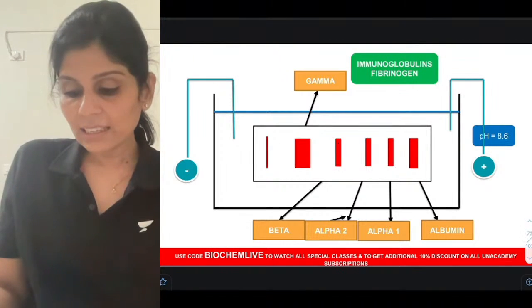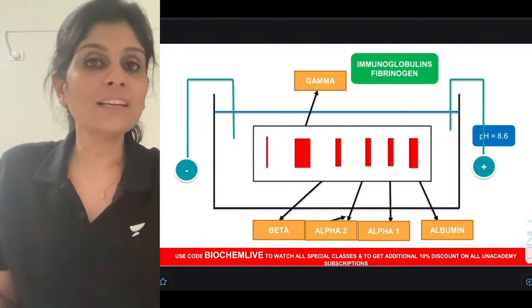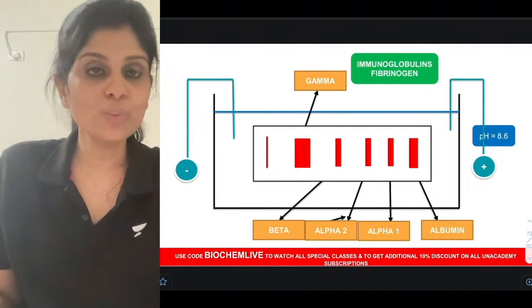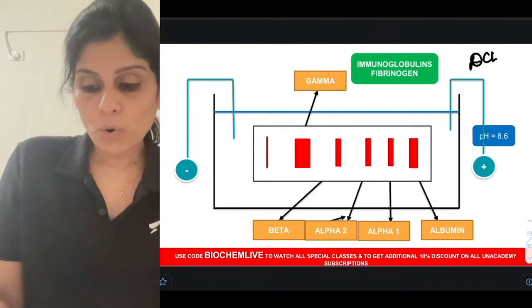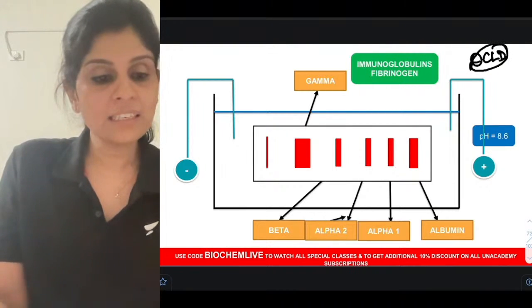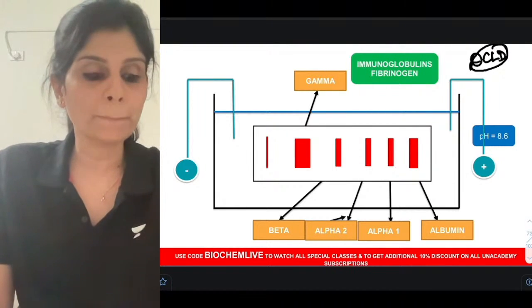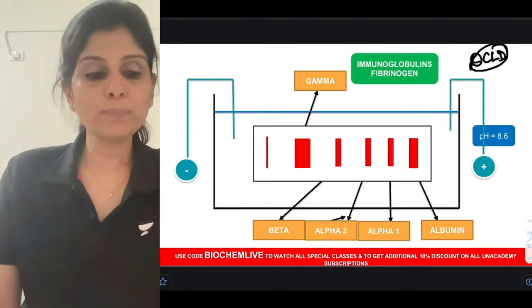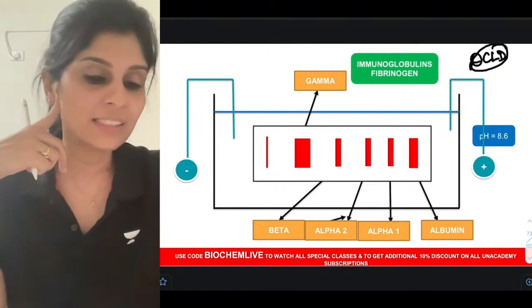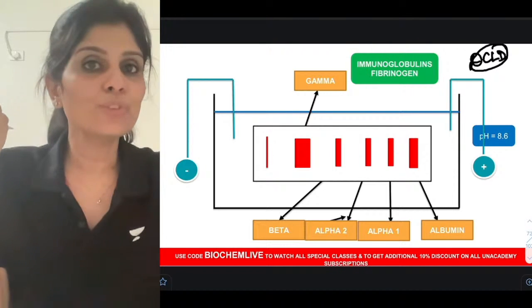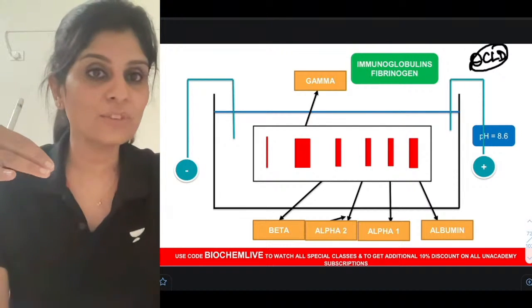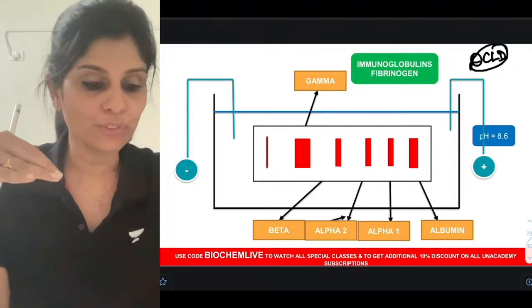And the next clinical condition wherein protein electrophoresis can be of use is decompensated liver disease. So can you tell me, what do you expect in decompensated liver disease or in cirrhosis? Hemoglobinopathies, that is totally different, Anil Kumar. That's an excellent answer, but I'm not discussing hemoglobin electrophoresis here. We are discussing protein electrophoresis, serum protein electrophoresis.